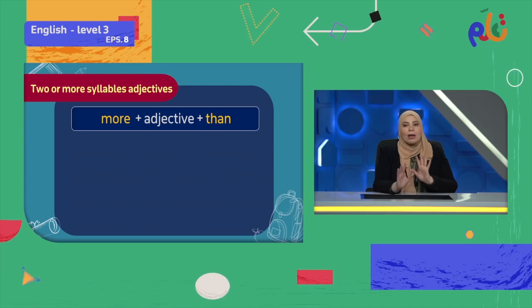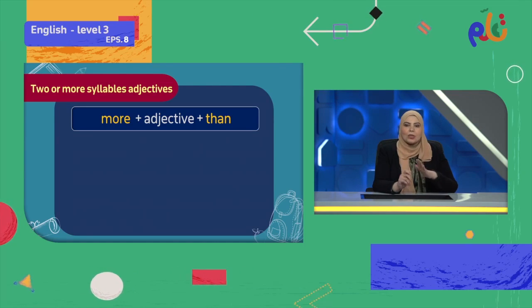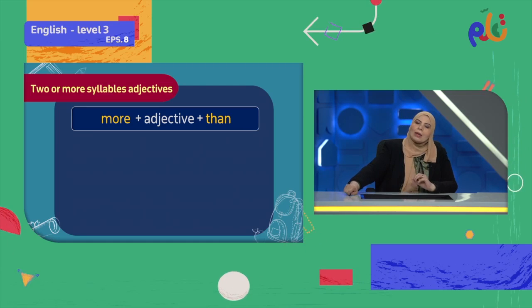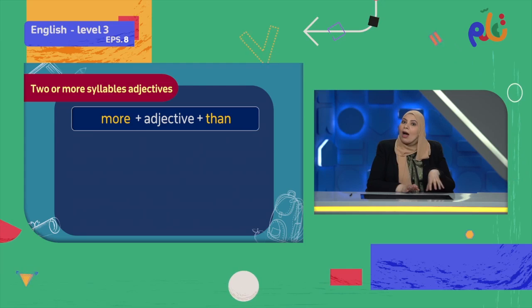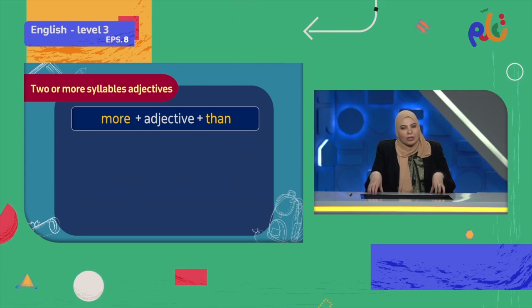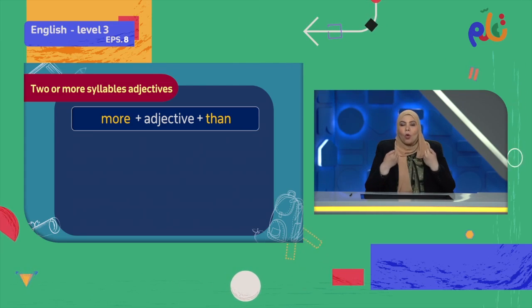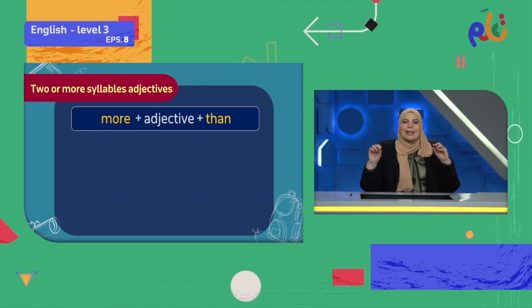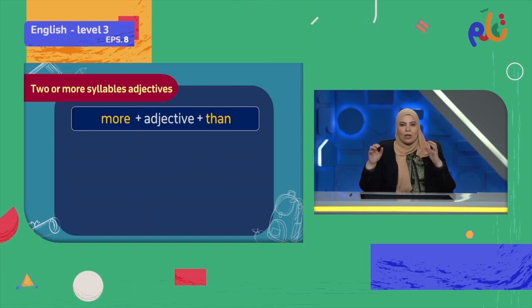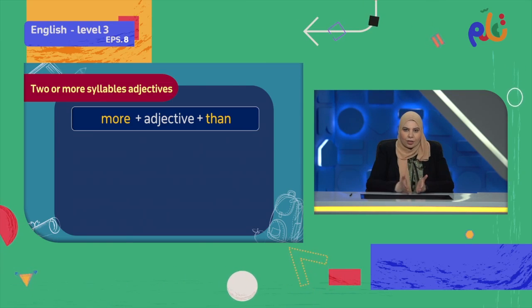Okay, طيب لو هي أصلاً مش one syllable adjective هنعمل إيه؟ In this case we're going to put more. وخلينا هنا نبقى واضحين إن إحنا عندنا common mistake إن أنا لما هاجي هعمل comparison يا إما هحط more يا إما هحط ER مش بحط الاتنين مع بعض ومش أنا اللي بختار أنا هحط إيه. So if we're talking about something like safe we don't have the option to say more safe. It is safer.